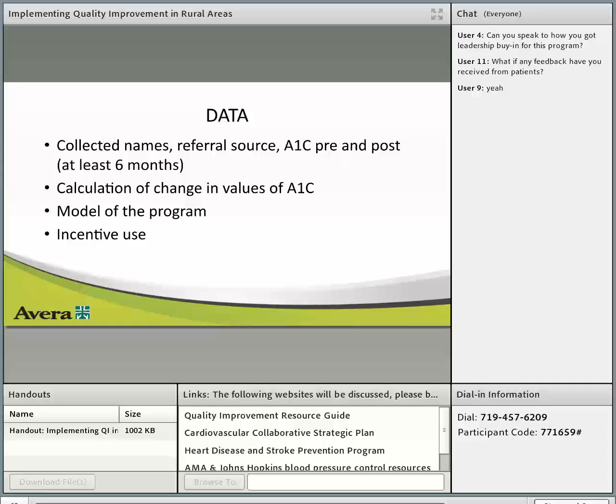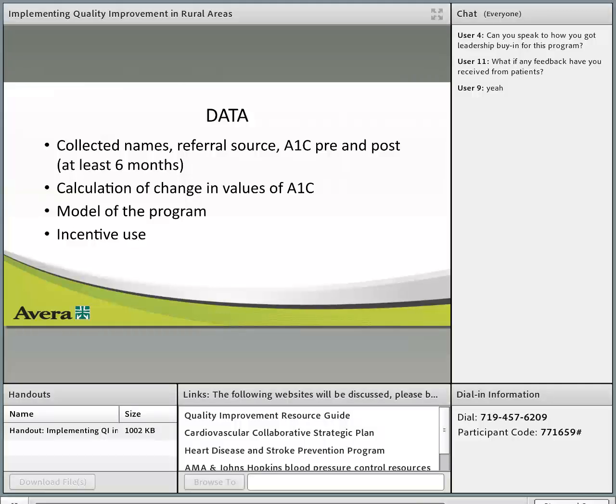The program in Spencer did a little bit different. They were funded through the American Hospital Association grant, and they used an incentive program so that they created 5 different areas that they wanted their participants to exceed in, and so those were developing a log so they could see home glucoses. They had to see the provider a certain number of times. They had foot care done. So we had some incentives associated with that. But interestingly, what we figured out was that after the first couple, the incentives were no longer the big deal. It was more about the relationship that they developed with their educator and with their primary care that really drove the goal.